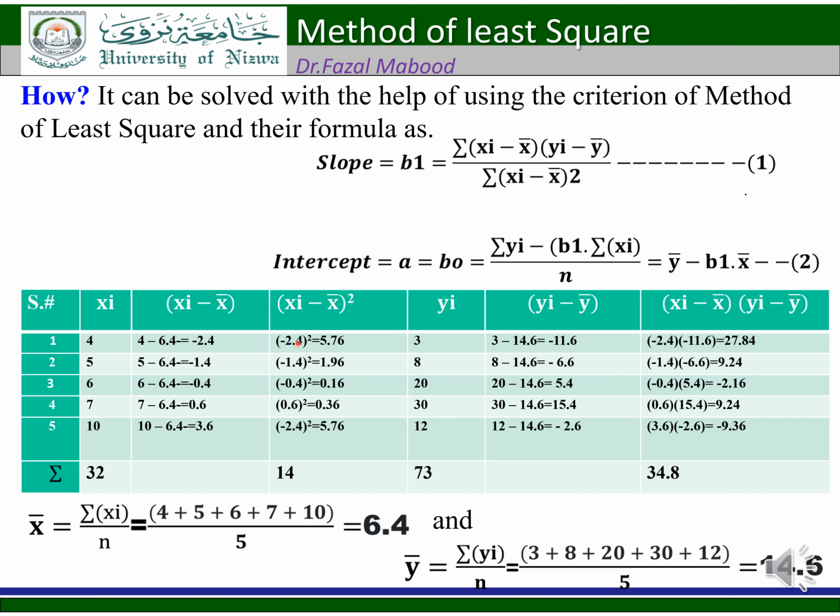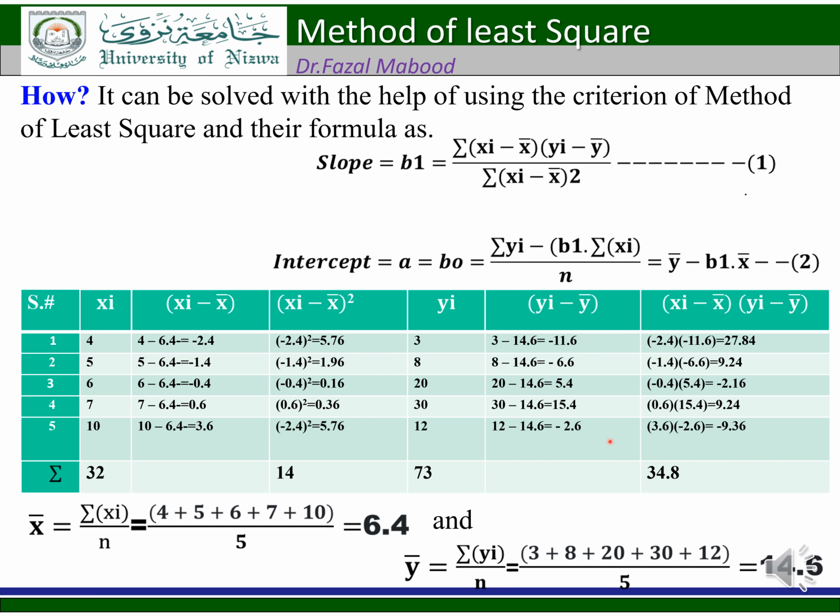So for the deviation of x1, it is minus 2.4, and we are taking the square, which is equal to 5.76. For the second variable it is 1.96, and so on. Here, for the y variable, we are taking the deviation of the individual y values. For the first y variable, the individual value is 3, and 3 minus 14.6, where 14.6 is the average for the y variable, is equal to minus 11.6. 8 minus 14.6 is equal to minus 6.6, and we are calculating the deviation for each